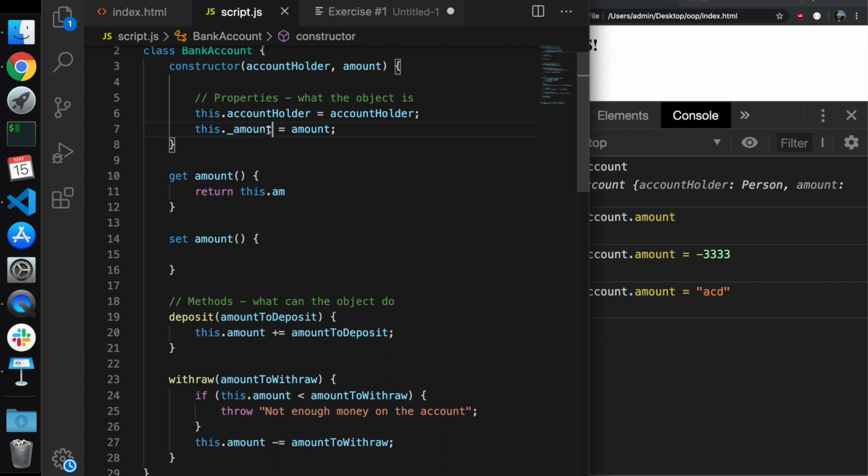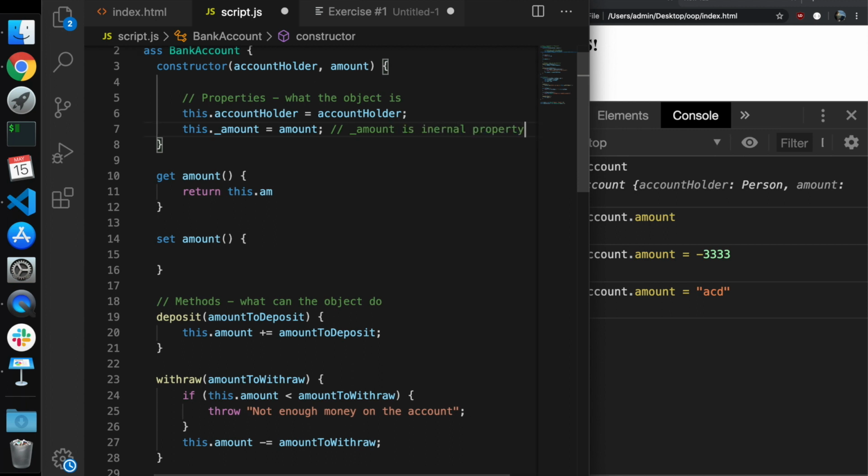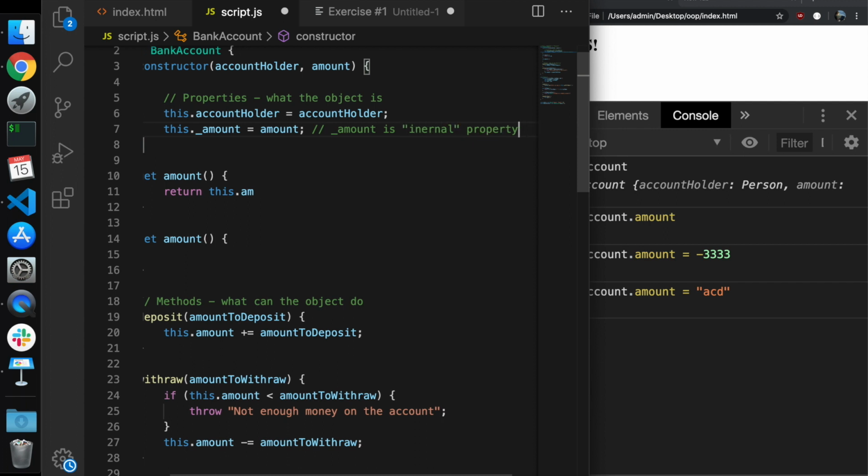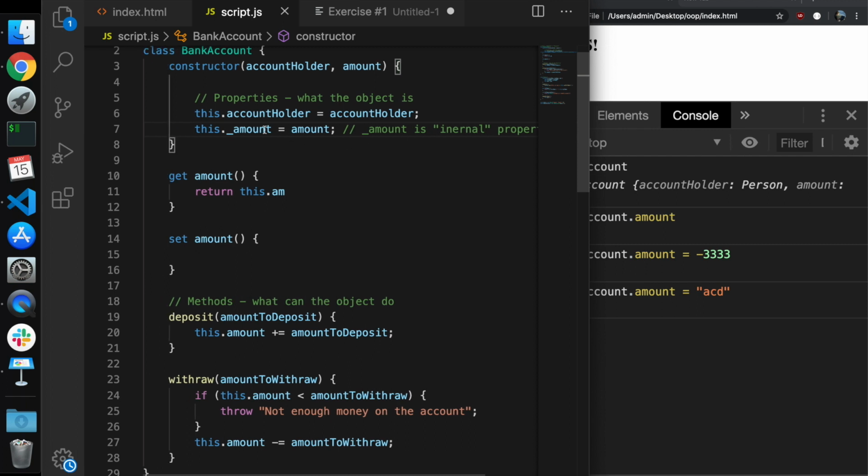Underscore amount, this is some sort of indication for myself that this is some sort of internal property that I don't want anyone else to change. And I'll write this down here: amount is internal property. Or maybe I'm going to write internal or maybe private. Some languages, they enforce